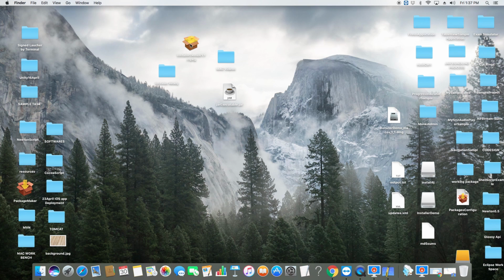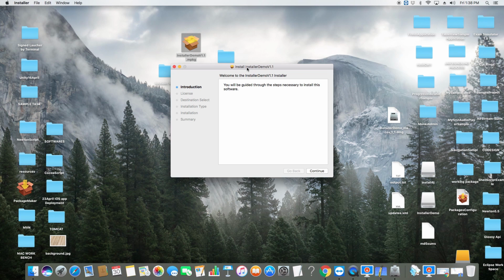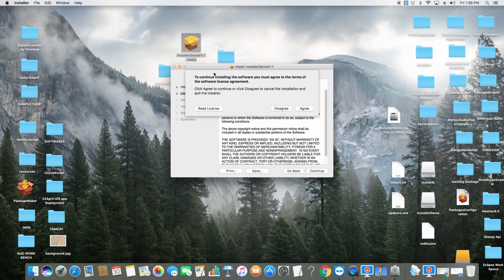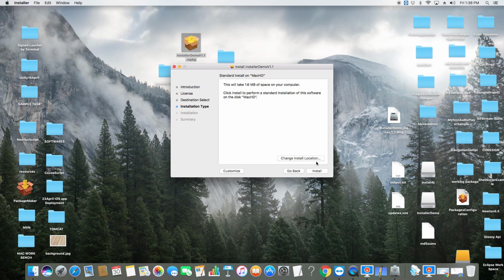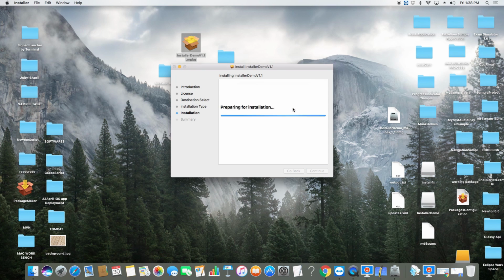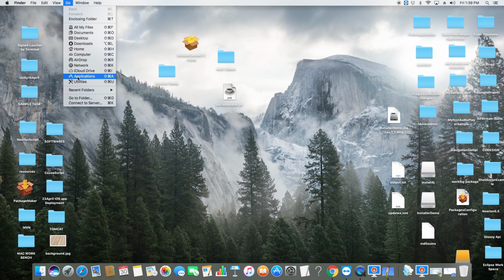Now let me show you how it will work. Just double click on it, it will show you the installer steps, introduction, license. Just press continue because we have to accept the license agreement. Click on the next, then it will prompt for your machine admin password for installing this software, and this progress, and you will get this green tick mark showing everything successful and the application is installed in the application folder. So go to the Go menu and choose this Applications,